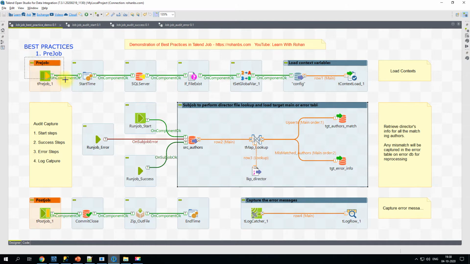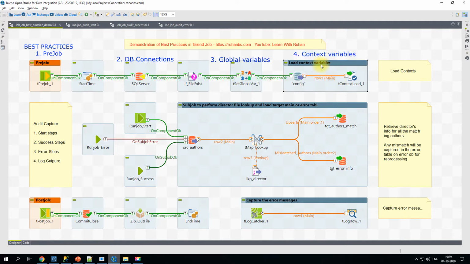So this is where you will be printing any start of the job or making all the database connections. Check whether your input file exists, and if not, you can even have a decision to end the job with the appropriate error message. You can have that also here. And if you are using any global variables, you can set those values in the pre-job.